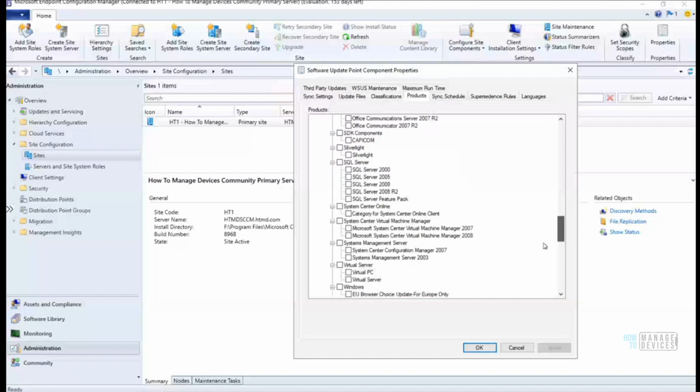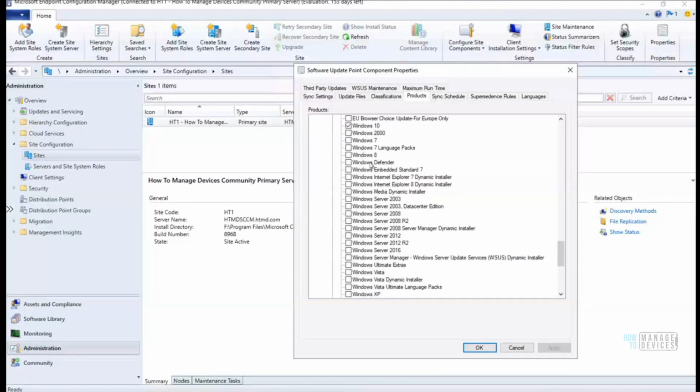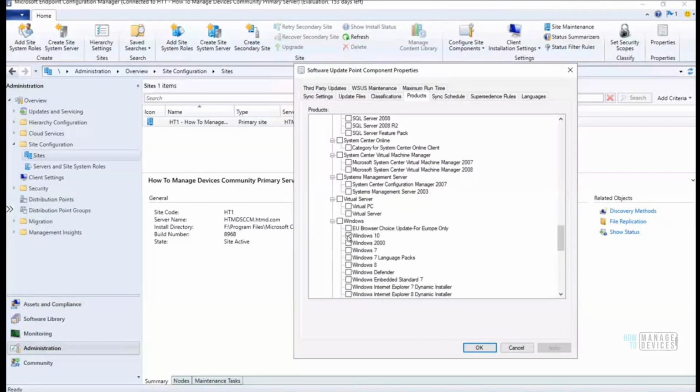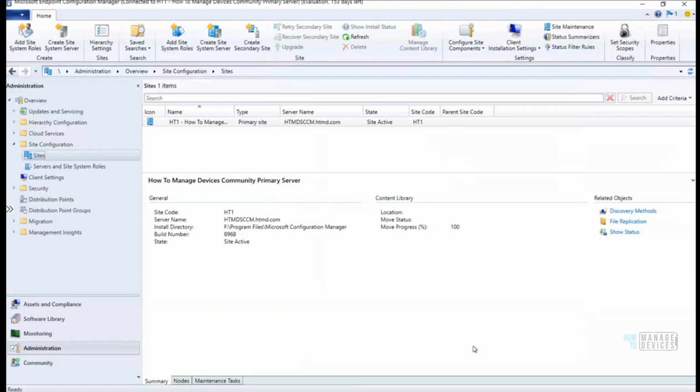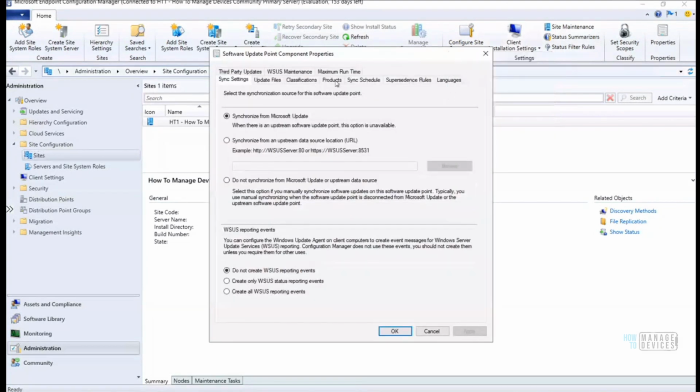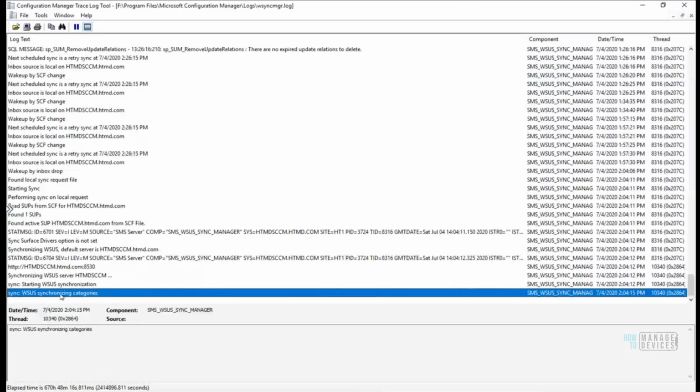Under products, I have Windows 10. I'm thinking to disable this now. I don't know whether it is going to work or not. I just removed that Windows 10 product, and let me see whether it is still syncing categories. Okay, so it might have already started, then it might not take effect. Anyways,